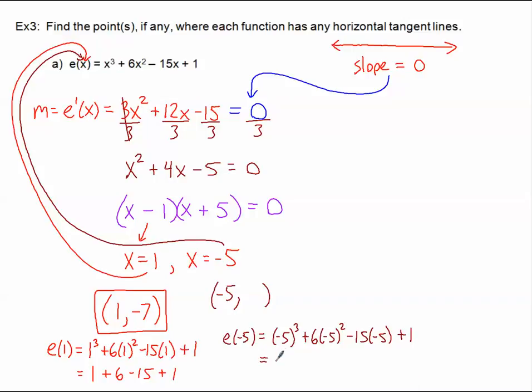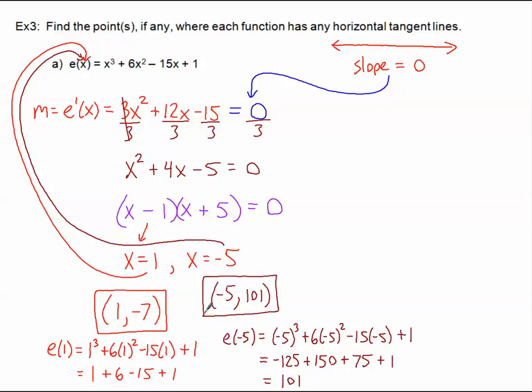Negative 5 cubed is negative 125. I have to square first to get 25, and 6 times 25 is 150. 6 quarters is $1.50. I've got a negative times a negative, so that's a plus. 15 times 5 is 75, and of course plus 1. So let's see what we have here. Negative 125 plus 150 is 25. 25 plus 75 is 100, plus 1 is 101. So my other point is negative 5, comma